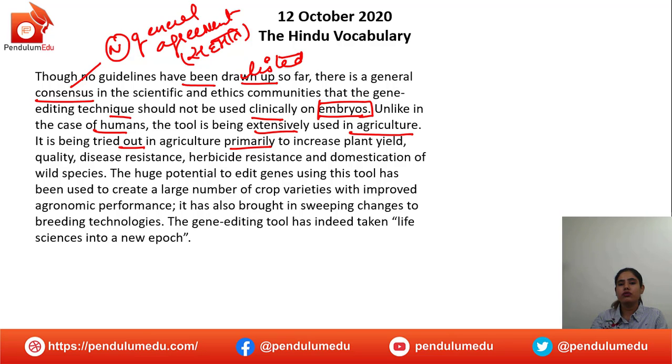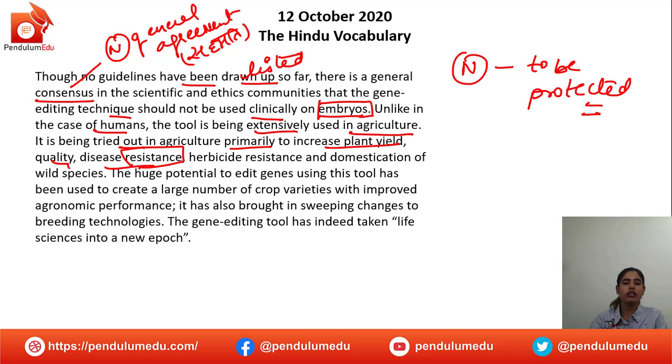agriculture primarily to increase plant yield, quality, disease resistance. Resistance मतलब it's a noun which means to be protected, तो किसी को किसी चीज़ से प्रोटेक्टेड रखने की कोशिश की जा रही है। Herbicide resistance and domestication of wild species, how to domesticate wild species ताकि उनका spread ना हो। The huge potential to edit genes using this tool